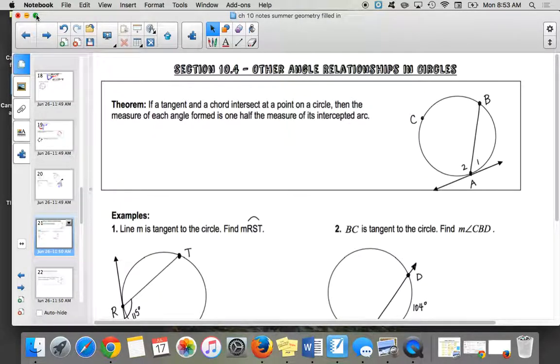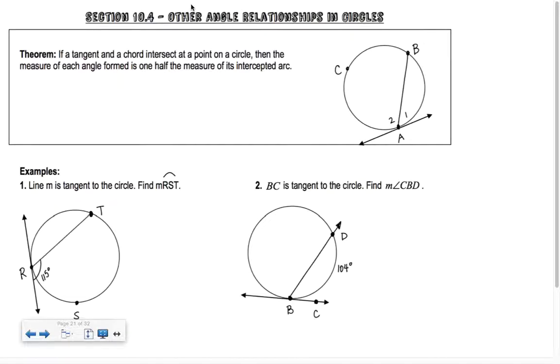Section 10.4 is on other angle relationships in circles. It says if a tangent and a chord intersect at a point on a circle, then the measure of each angle formed is half the measure of its intercepted arc. So basically, if I have 240 degrees over here, and I have 120 degrees over here,